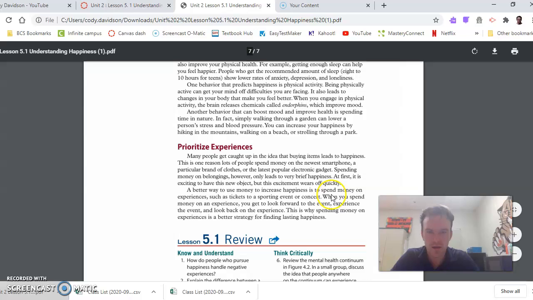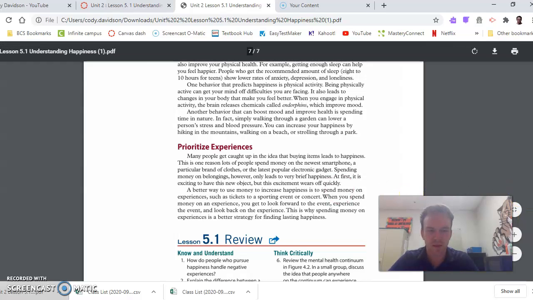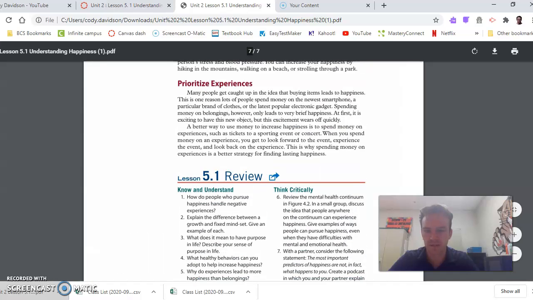Prioritize experiences. The smartphones and things like that, they come and go. This is an iPhone XS. This is like my 4th or 5th iPhone, and every time I get a new one, I love it, and I think I can't like it more. And then you get the next one, and it's the same thing. In 10 years, if I had this same phone that I was in love with, it's not going to be worth anything. But if you're going to the Grand Canyon and going on trips and hanging out with friends, those are the things that never get old. They hold their value for the rest of your life. I know that sounds cliche, but it is the stinking truth.